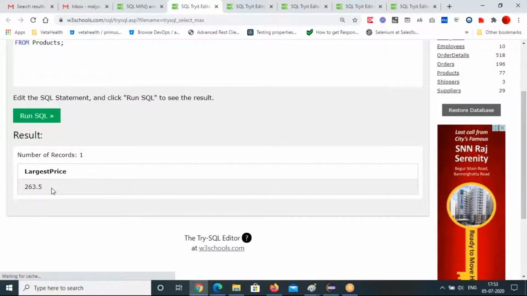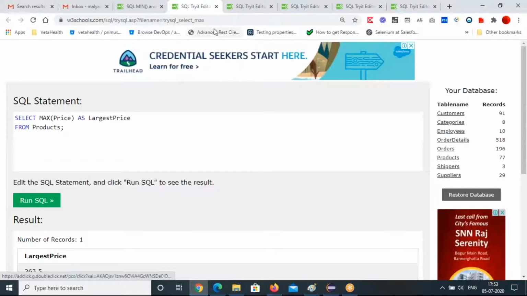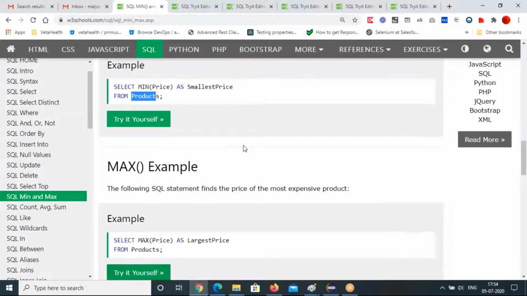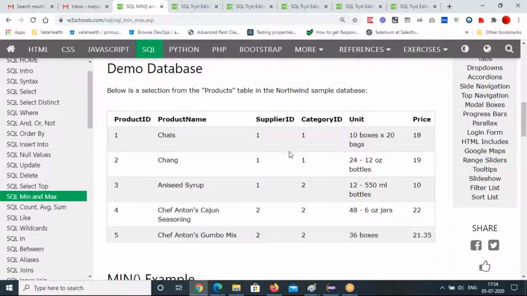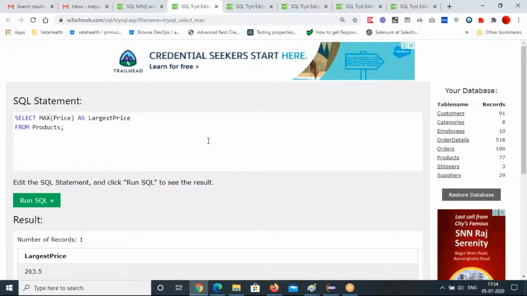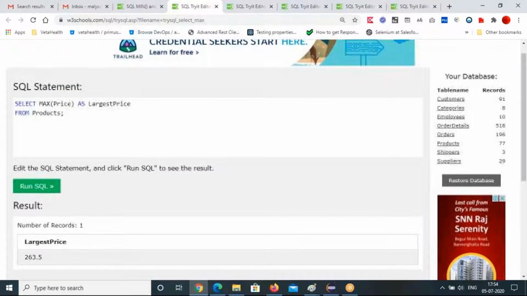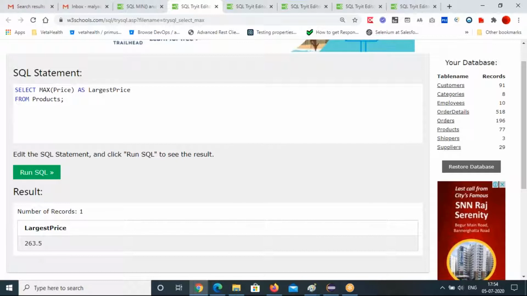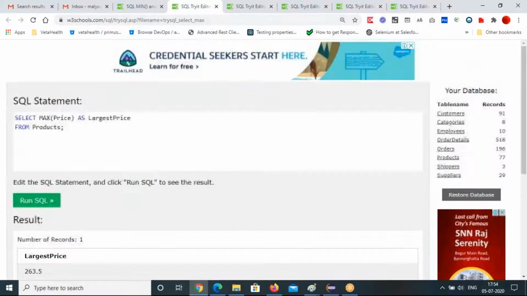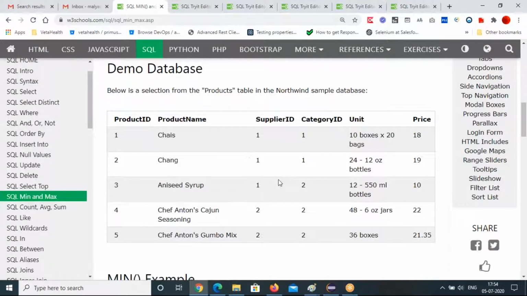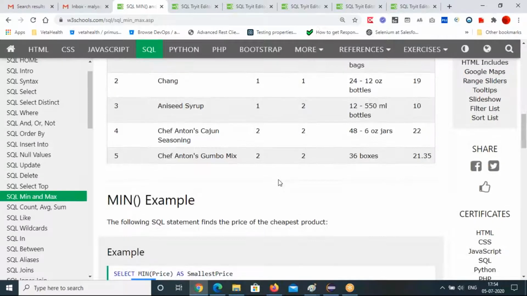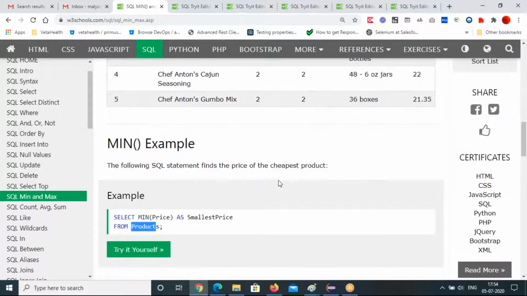That's how you can get the maximum value from this table. So what we got? 263.5. Where is 263? You cannot see 263 here, right?